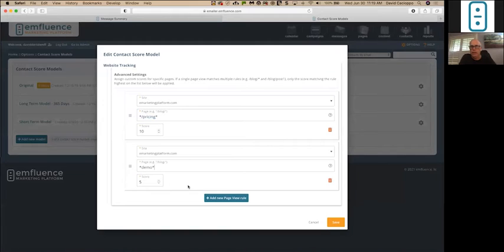And so you can add as many pages as you'd like here, and as many custom values as you like. And that score model tells you who you should be connecting with and who is maybe a long-term play that needs to be nurtured for a longer period of time. So again, that was several client requests, including, of course, Natalie on our team, who was very anxious to have that feature and immediately put it into use.